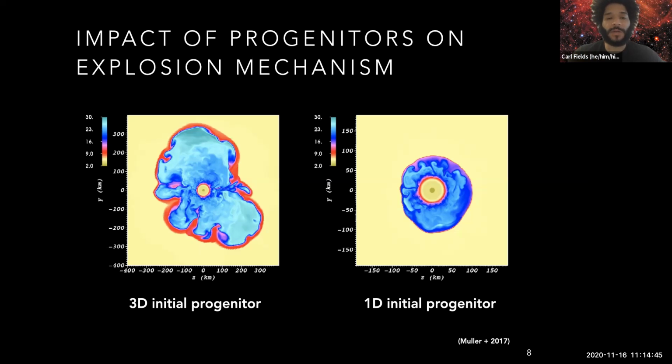This is trying to trace the shock radius and morphology. The 3D progenitor on the left shows a very asymmetric explosion, with a shock at large radius. And on the right, we have the 1D initial progenitor, where the shock is at much smaller radii. The scales are actually different between these two. And then the explosion is actually failing. So again, showing the same qualitative behavior, these 3D initial progenitors lead to more robust explosions.